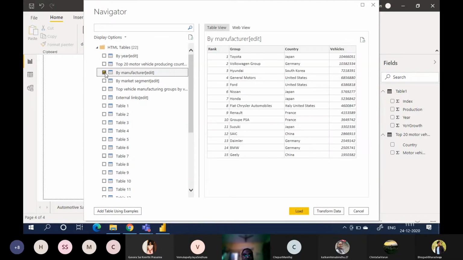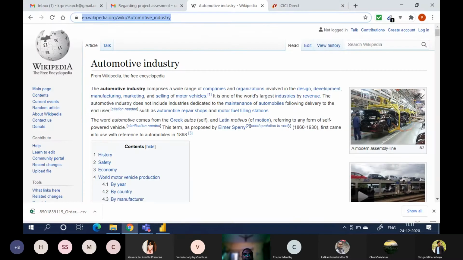By manufacturer, rank group Japan country vehicles. Okay. Load data.